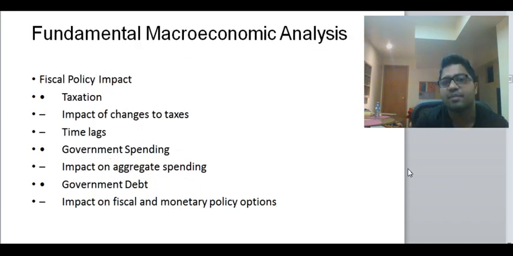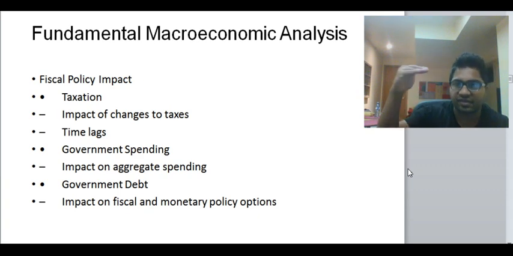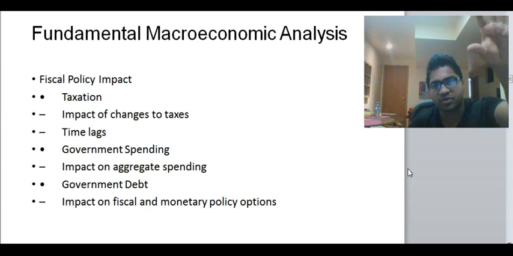So fundamental macro analysis. Fundamental analysis is done in three levels: economic, industry, and company. Now there are two ways to do it: top down and bottom up. In the top down approach, we start with the economy, then we analyze the industry, and then we narrow down on the company. So we look at the economy first, the global economy, the country's economy that you are investing in,